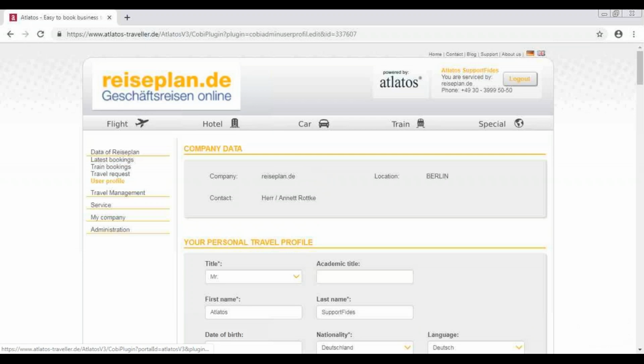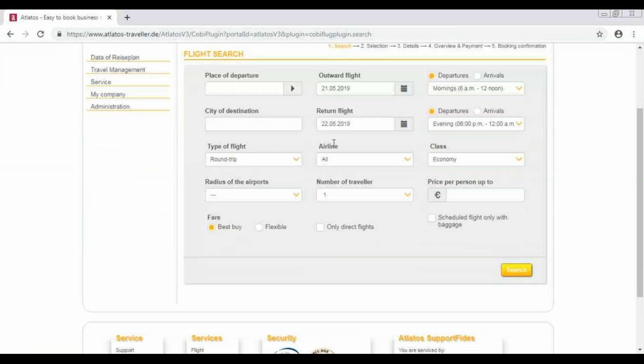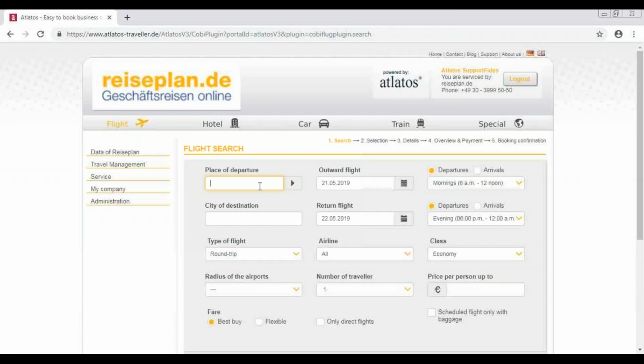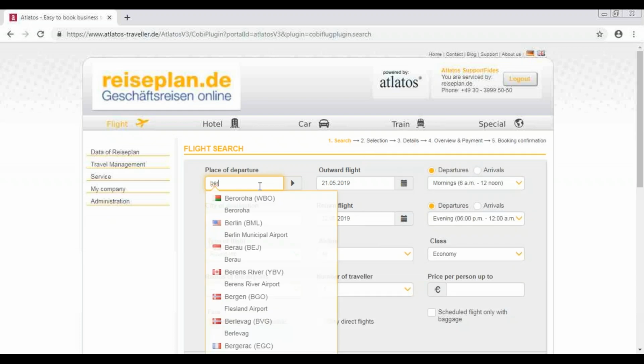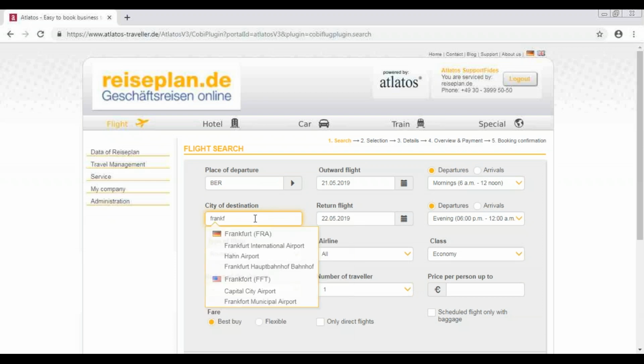Now I will start to show you the flights. You click on this horizontal bar on the flight icon and be redirected to the flight search. You can choose a place of departure, for example, Berlin, and the city of destination, for example, Frankfurt, the outward flight date, as well as the return flight date,